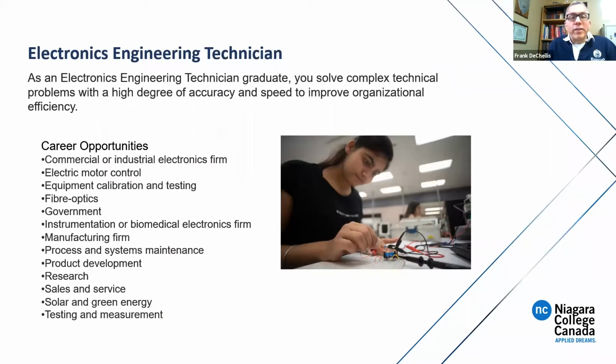For the electronics engineering technician program, again, that's 2 years. There's no co-op in the technician programs. Some career opportunities for the engineering technicians in electronics are commercial industrial electronics firm, electrical motor control, equipment calibration and testing, fiber optics, government, instrumentation, biomedical firms, manufacturing, process system maintenance, product development, research, solar and green energy, and testing